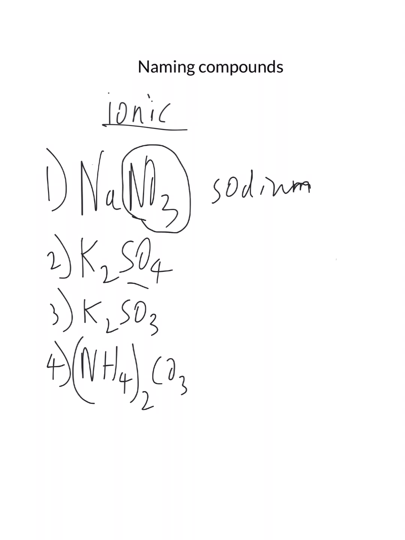That's what it is in the valency table. So we call it sodium nitrate. Normally when things have oxygen in it, it ends with the word ate or ite. Polyatomic ions like nitrate, they have oxygen in them, and that's where that ATE name came from. They ate some oxygens. In the same way, K2SO4 is potassium